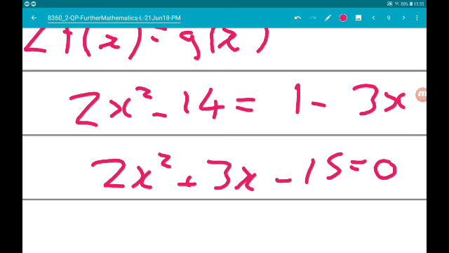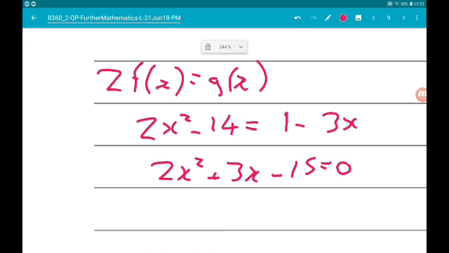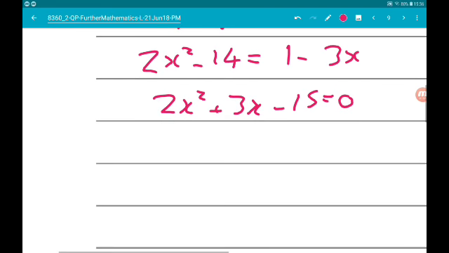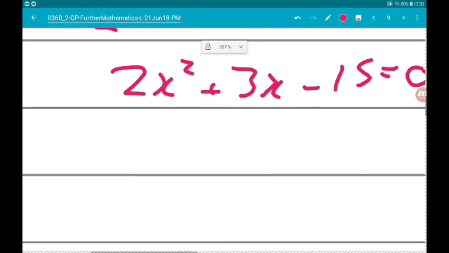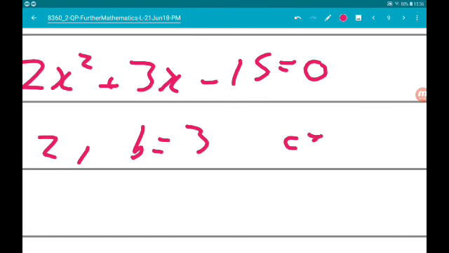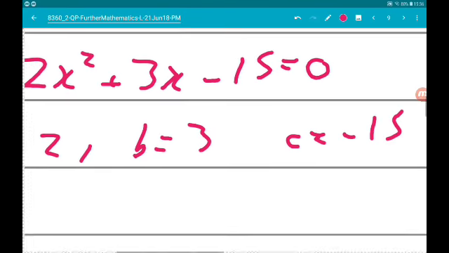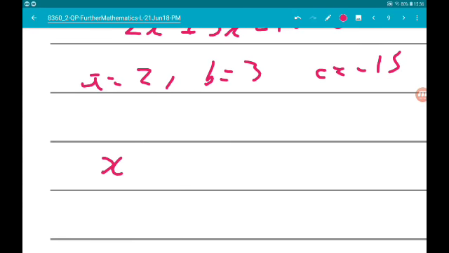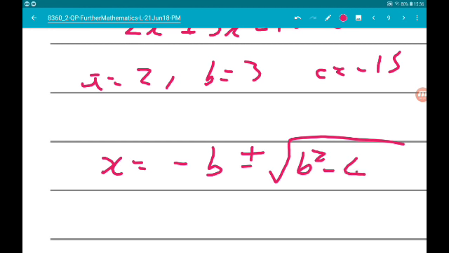Now, in the question, they've told us to give our answers to 3 decimal places. That is telling us you can't factorise this, so use the quadratic formula, which I believe we are given, but we should know it anyway from normal maths. So a is 2, b is 3, c is minus 15. So the formula tells us x is minus b plus or minus root b squared minus 4ac